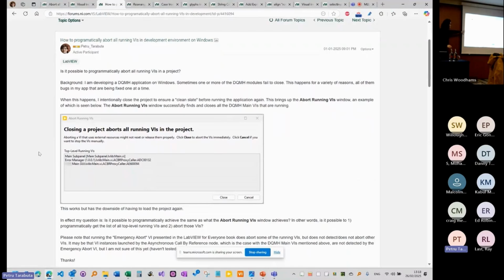So my post here is about asking if that's possible programmatically via some sort of invoke node or method or property node. I didn't get a response yet, so it doesn't seem to be possible at the moment. However, it's clear that LabVIEW somehow internally can show you the list of all the running VIs very clearly, very neatly, and it can close all the VIs for you. So the functionality is there, and if we go back to the idea here,